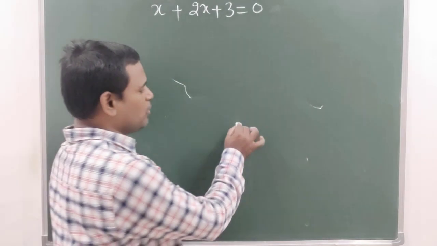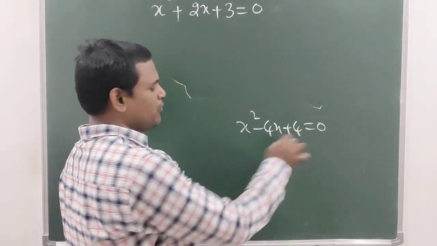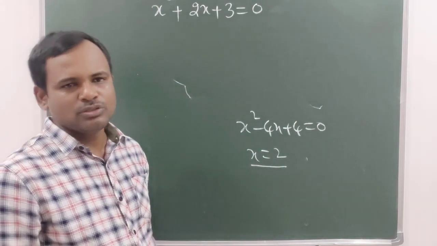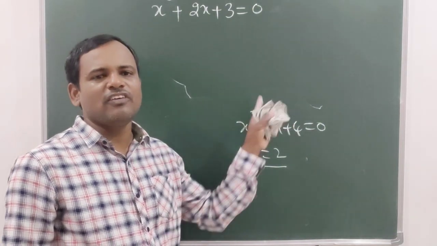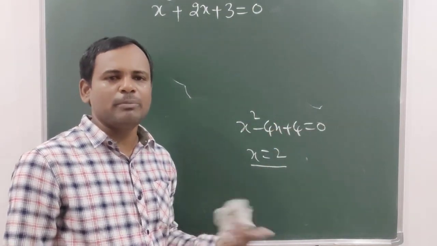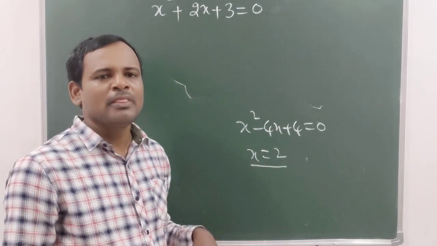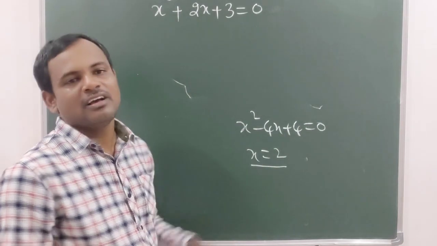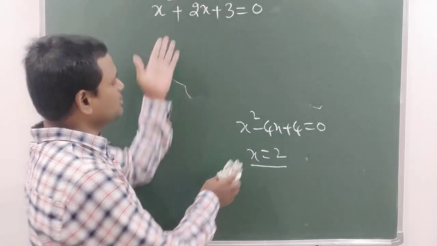Suppose if they give you like this, x square minus 4x plus 4 equal to 0. Now if you solve it, roots are equal, no? That equal root is 2. So here alpha is 2, beta is 2. Directly you can write in place of alpha and beta. If you want alpha power 5 plus beta power 5, you can answer. So 2 power 5 plus 2 power 5. So we get 64. But that kind of equation never be given to you. Okay? Right.